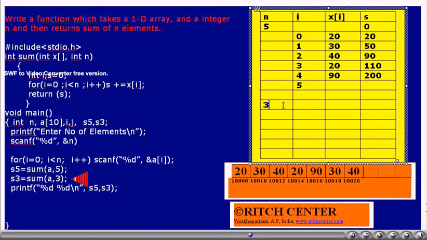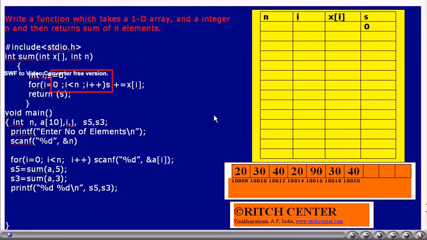That is, it returns the sum of the first 3 elements of the array A and the same will be assigned to the variable S3. S5 and S3 values are printed.